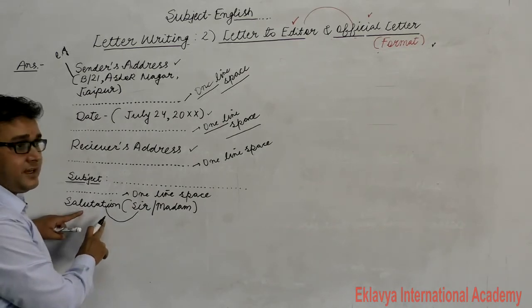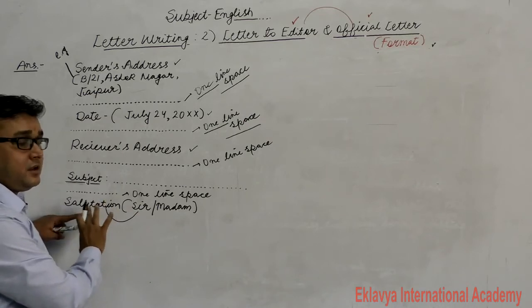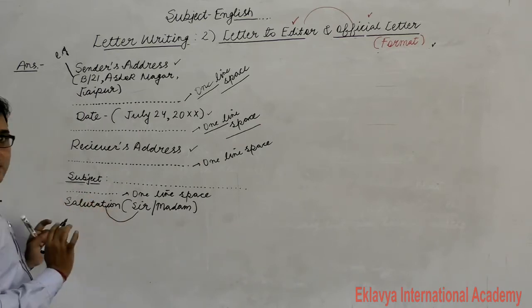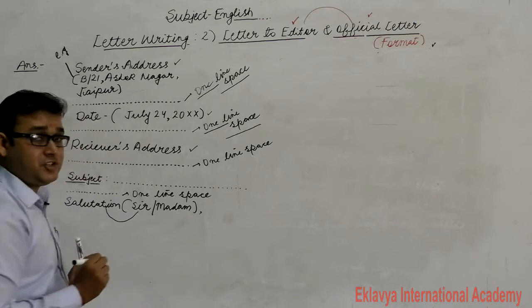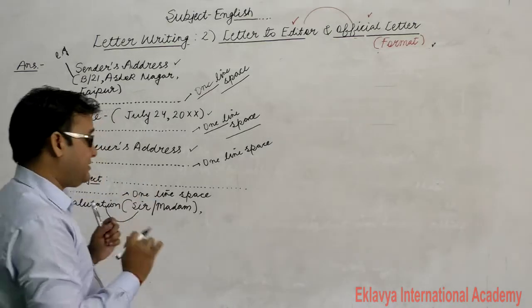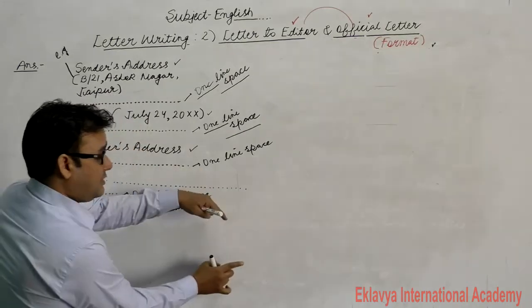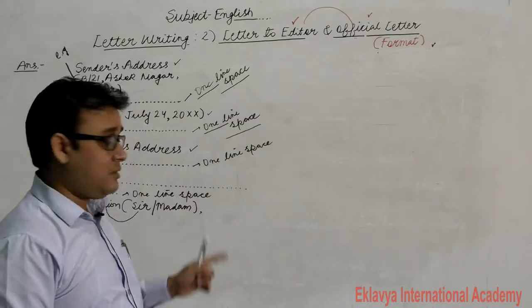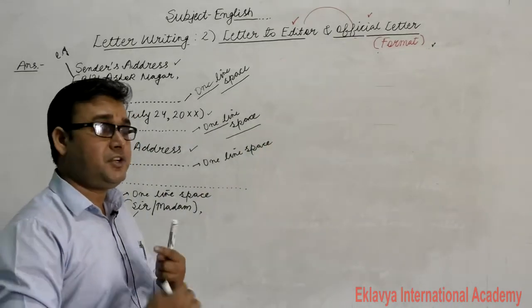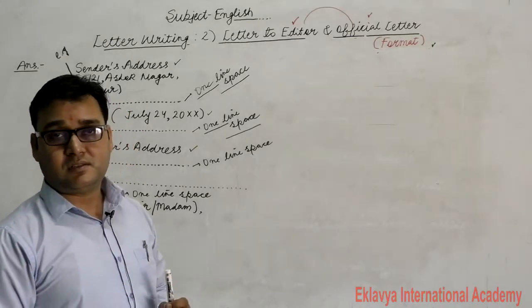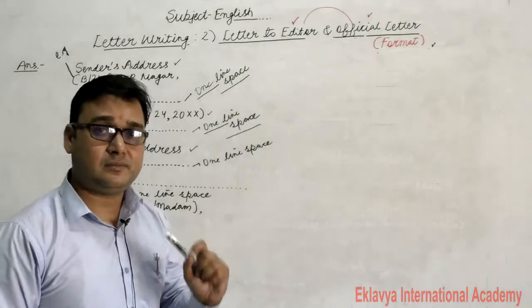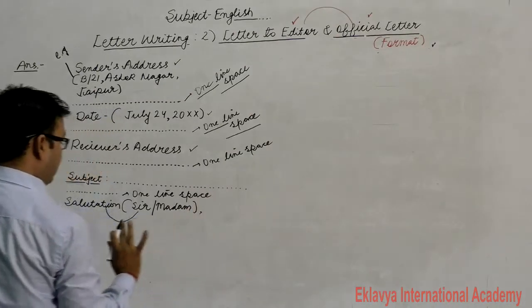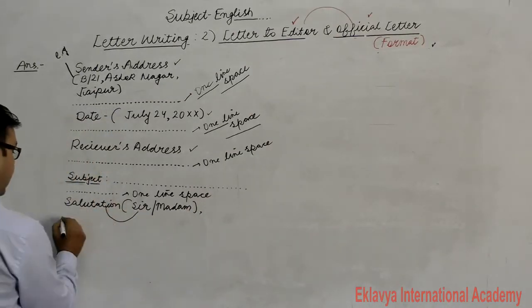You can either go with the one line space or you can write down your answer by leaving no line or with no space at all, because here we need to just mention only sir or madam with comma. It means that we have lots of space that will not affect our presentation or our introductory part or the main body of the letter at all. हमारे पास space काफी बच जाता है. That's why there is no need to leave a one line space just after salutation like sir or madam. Okay. I'm not going to leave a one line space here because we will have lots of space, just mentioning sir comma or madam comma, okay.